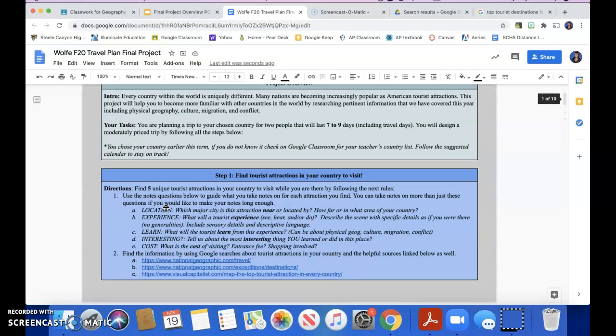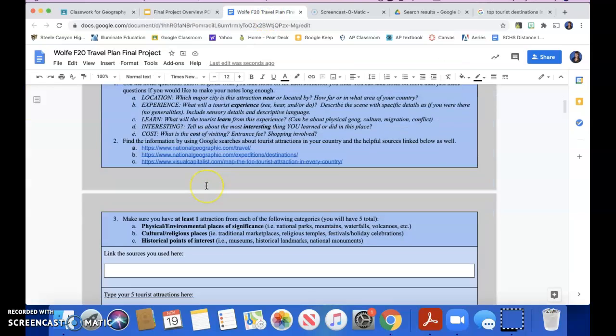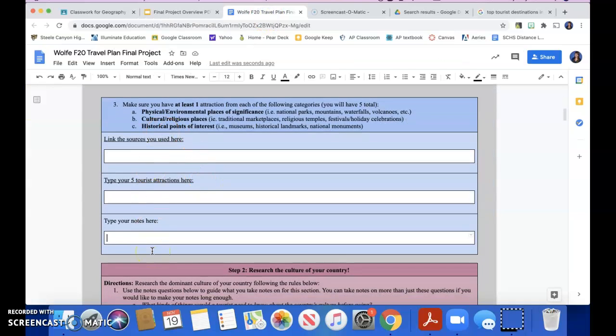So you are going to go ahead. You're going to go through the Pear Deck of this slideshow on Canvas, and then you are going to do step 1. That is your homework for Monday and